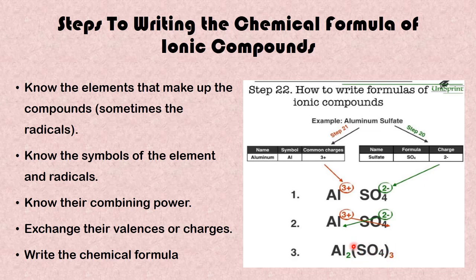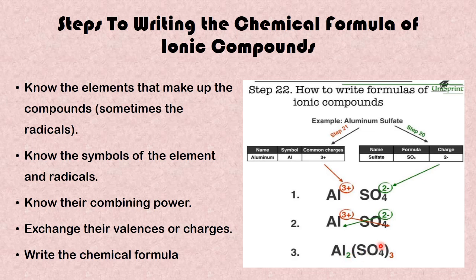In other words, if we remove this bracket, the sulfur element here is 3. We have 3 atoms of sulfur in this whole aluminum sulfate compound, and the number of oxygen, where we have 4 right here, 4 times 3 will make what? 12. In other words, we have 3 sulfate ions against 2 aluminum